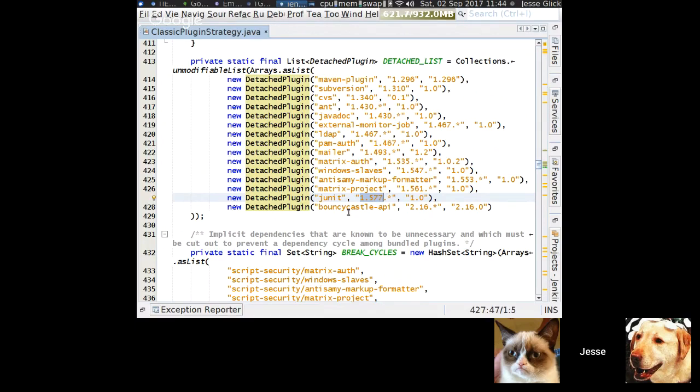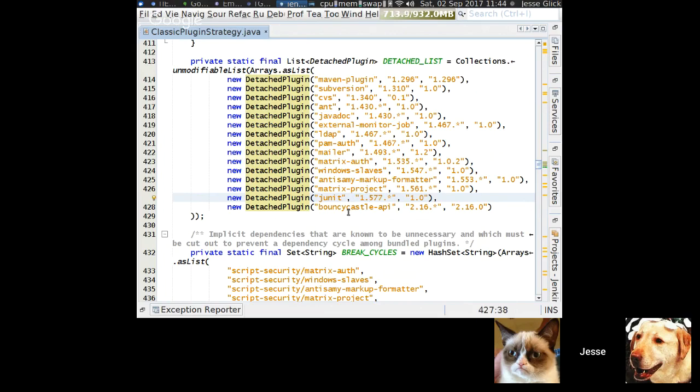So it was removed between 1.577 and 1.578. And the version of the JUnit plugin that was released as part of the removal, where the new packages were extracted to. So if you had some other plugin that has a dependency on Jenkins 1.578 or newer, which is most plugins at this point, I hope,